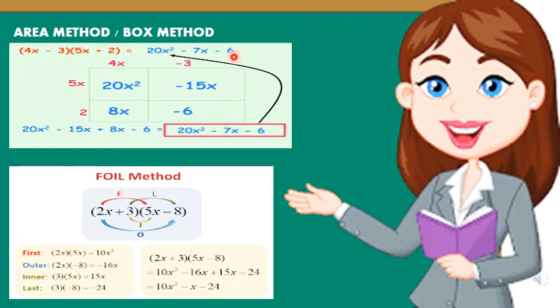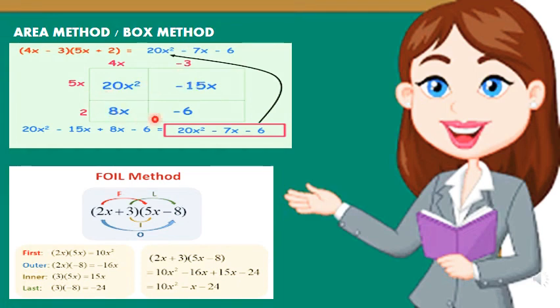So how do you multiply two binomials? The first binomial, whatever is there in the question, you will write here like this above the box. And the other binomial, you are going to write along with the same sign like this, downwards. Then you will multiply in this order: 5x into 4x, 5x into minus 3, 2 into 4x, 2 into minus 3.